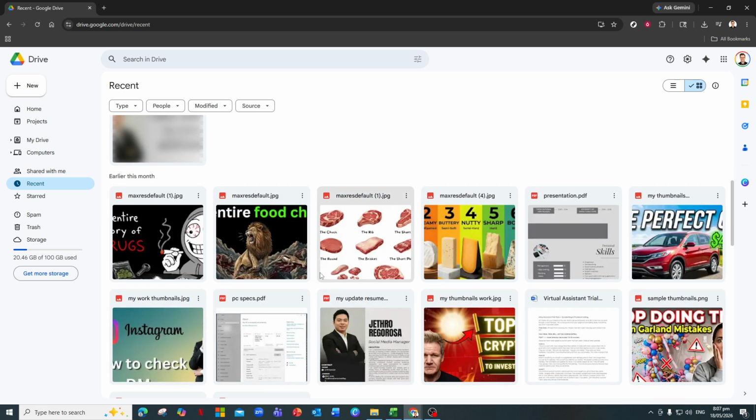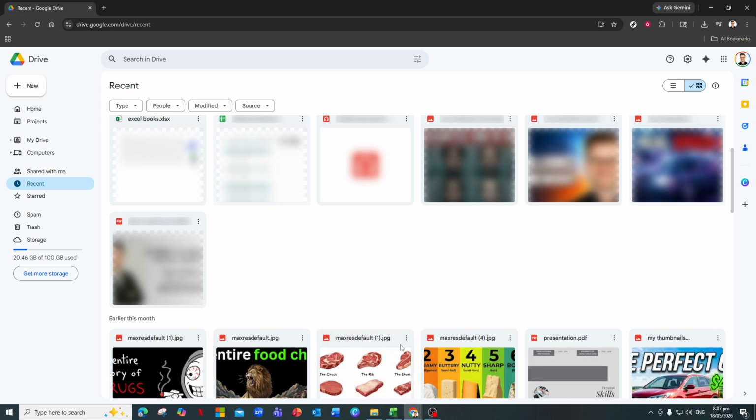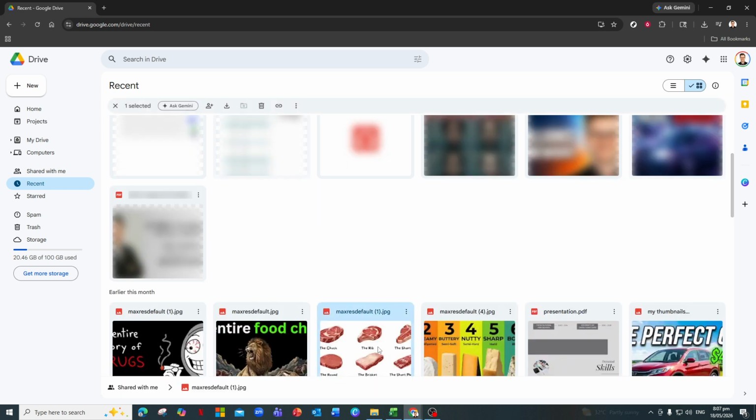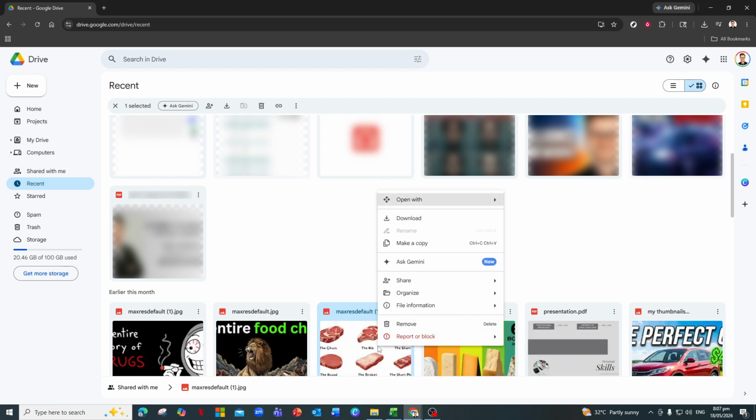To clear specific items from your Recent view, move your mouse over the file you want to remove. You'll see it highlight and a small set of icons will appear, or you can right-click on the file. In the menu that appears, look for the option that says Remove from Recent or something similar, depending on your interface. Click that. The file disappears from the Recent list, but it still remains safely stored in its original folder